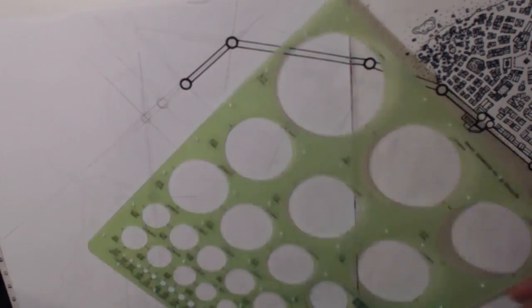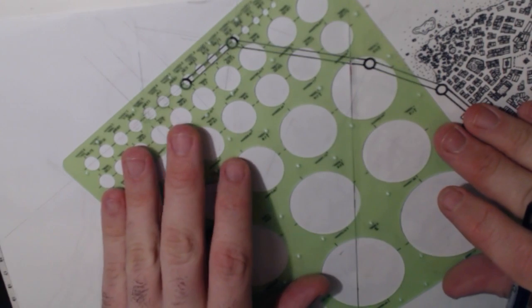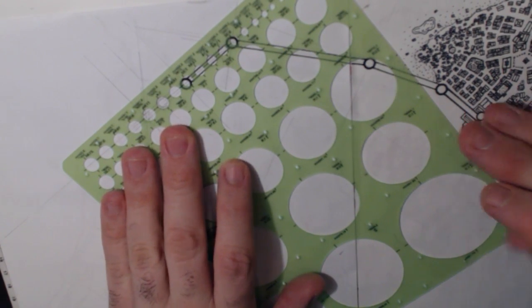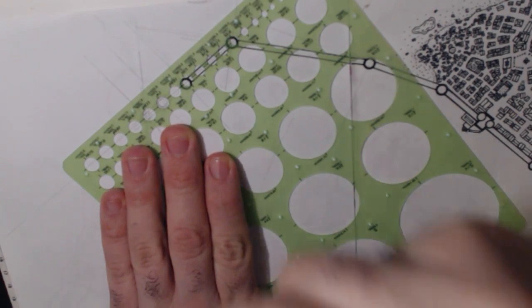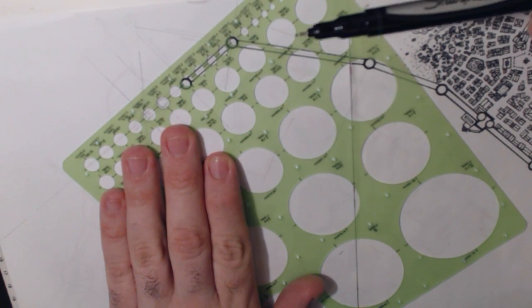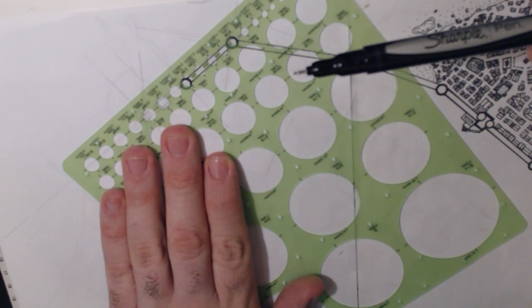So like I said, there is a lot of history to the city. So we're going to go ahead now and we're going to ink in the towers. And we do it exactly the same way that we did it with the circle template, or with the pencil, except we're going to be much more careful about it. Now, it's kind of hard to see, but notice that there is the black little point of the Sharpie